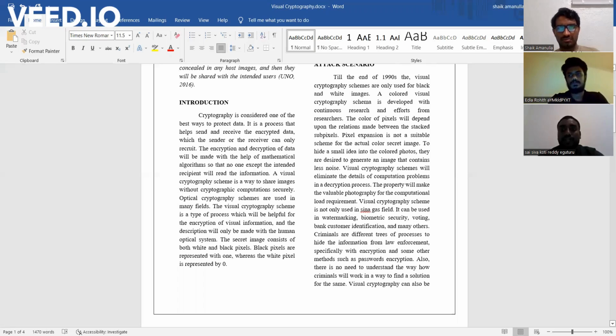Visual cryptography scheme is not only used in the one field. It can be used in watermarking, biometric security, voting, bank customer identification, and many others. Criminals use different types of processes to hide information from law enforcement, specifically with encryption and other methods such as password encryption. Also, there is a need to understand the way criminals work in order to find a solution for the same. Visual cryptography can also be